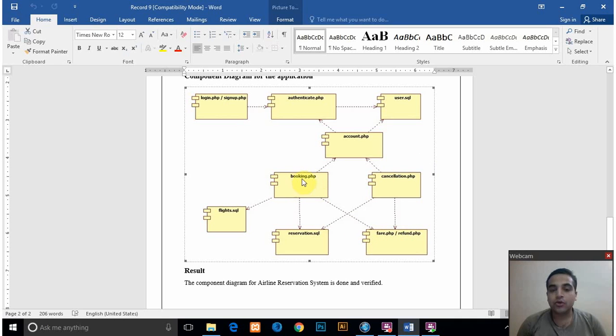That means for booking, once the user has confirmed the booking, there will be a database maintained for all the reservations, and a new record with details of the passengers and the person who booked the ticket will be created in reservation.sql, and the user has to pay the fare. Booking.php is also connected to flights.sql